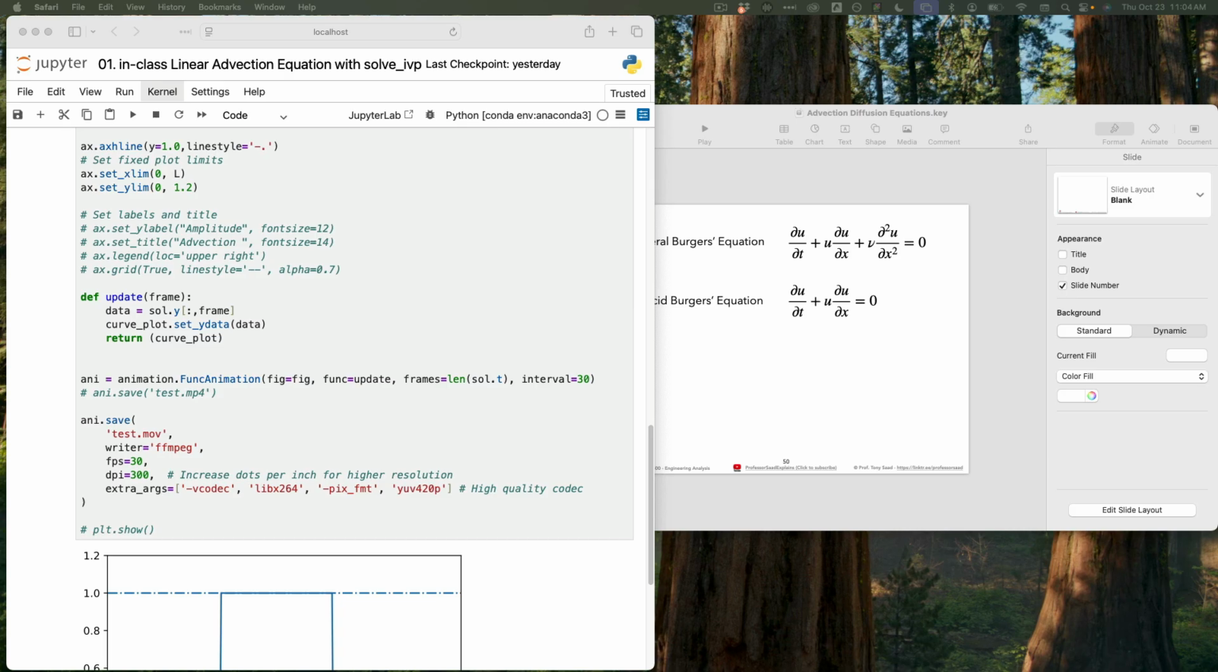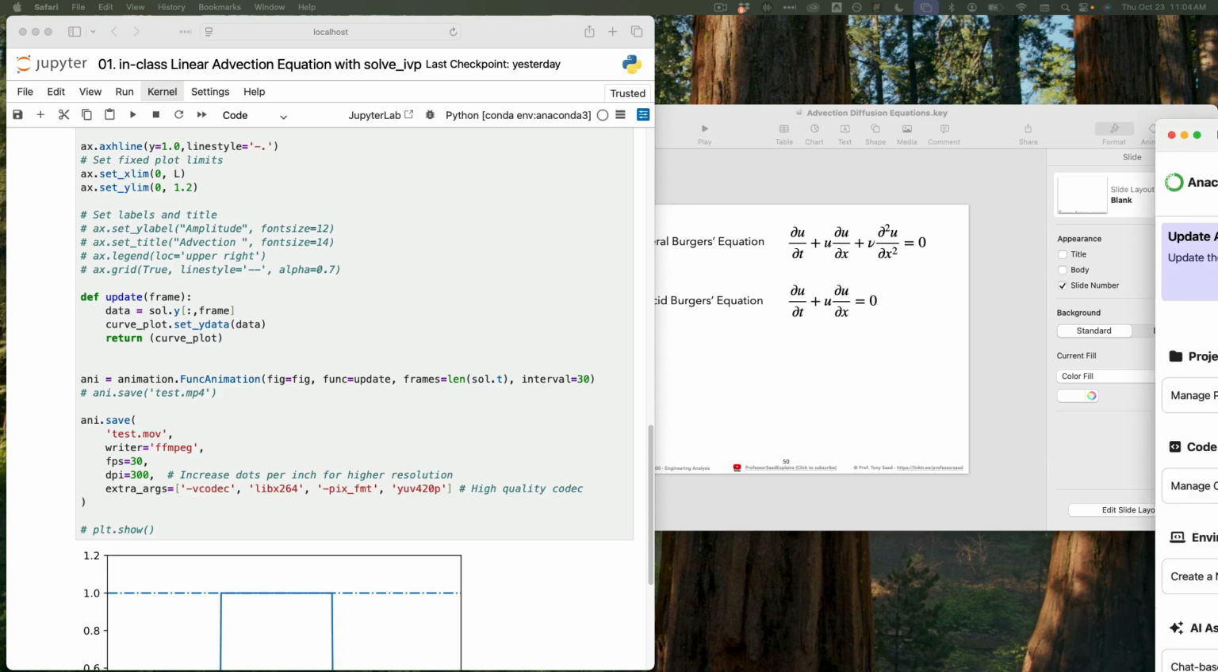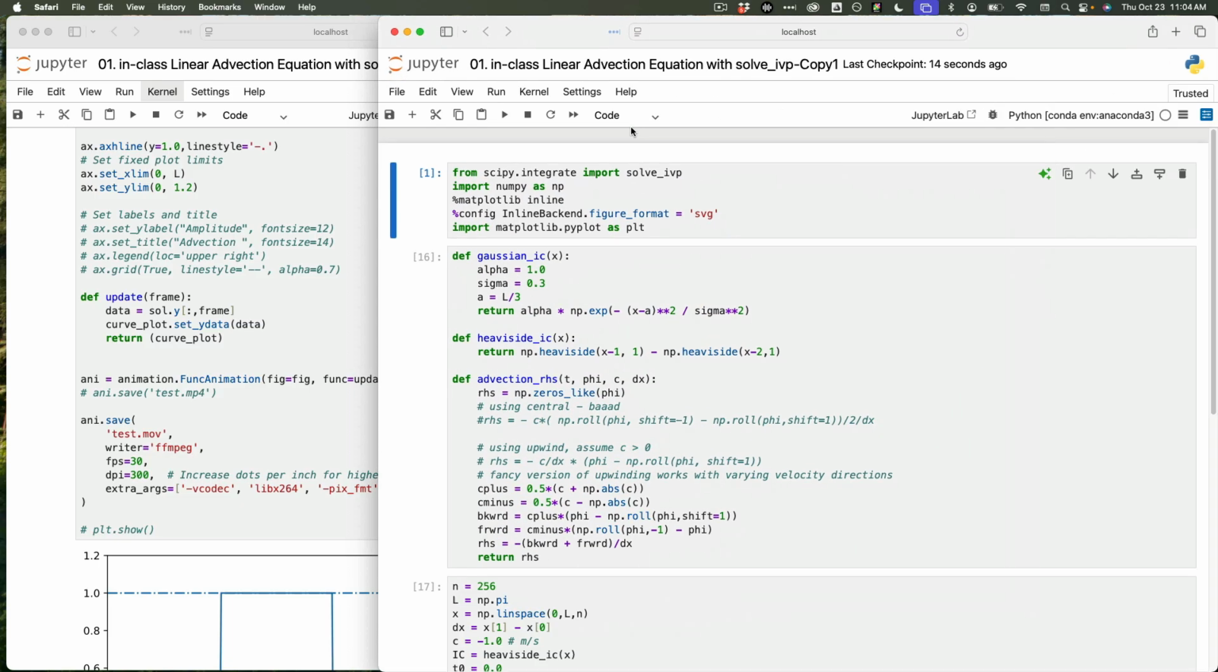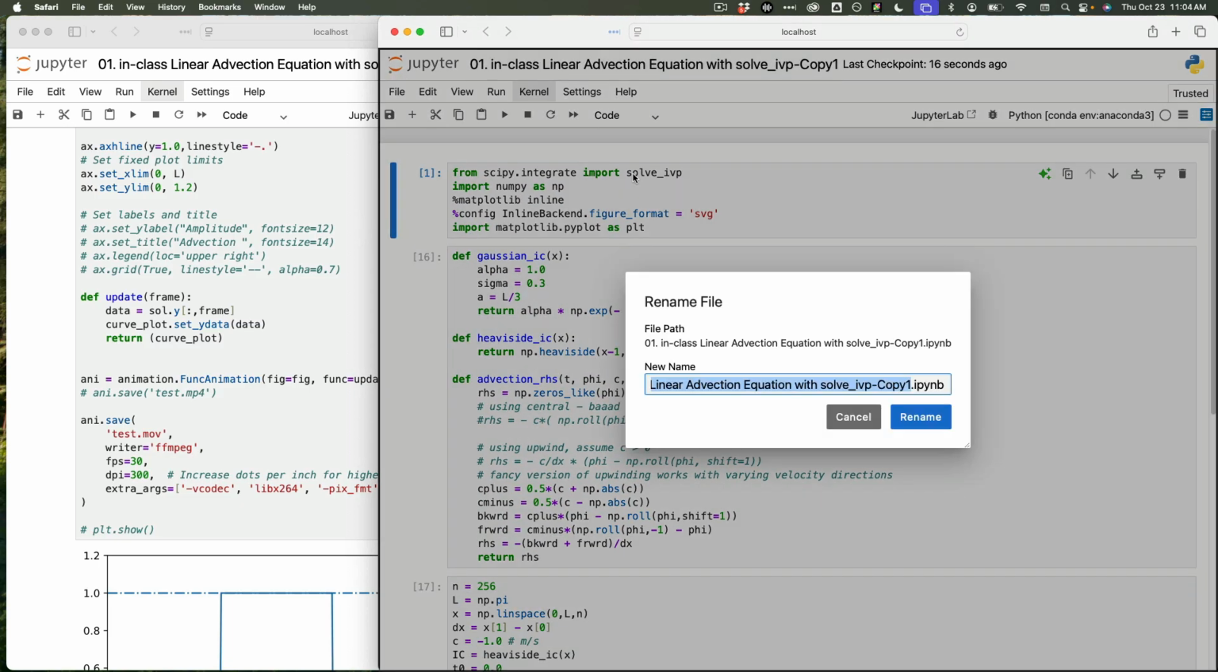Duplicate. So go ahead and duplicate this file, because we will reuse the code. I don't recommend you keeping all the code in one place. I mean, it depends. We will need to change the right-hand side in this one. So this is in class,